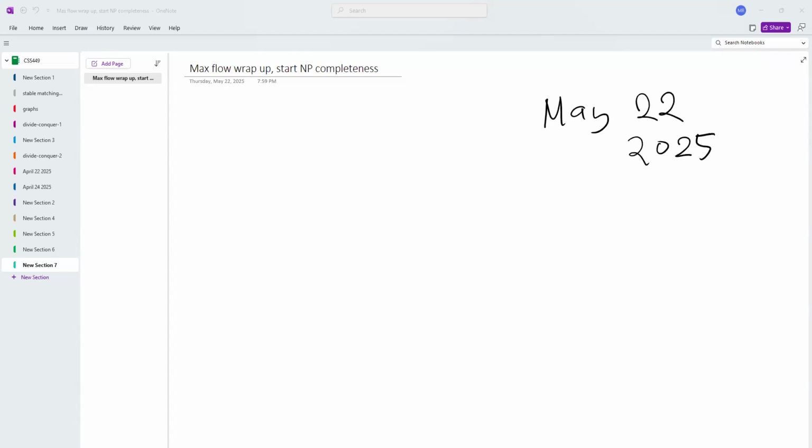And before that, we are going to wrap up our discussion of max flow and introduce the algorithm called Dinic's algorithm, which is an improvement over Ford-Fulkerson, which we covered last time. So that's what we are trying to do. But just to connect with last class,